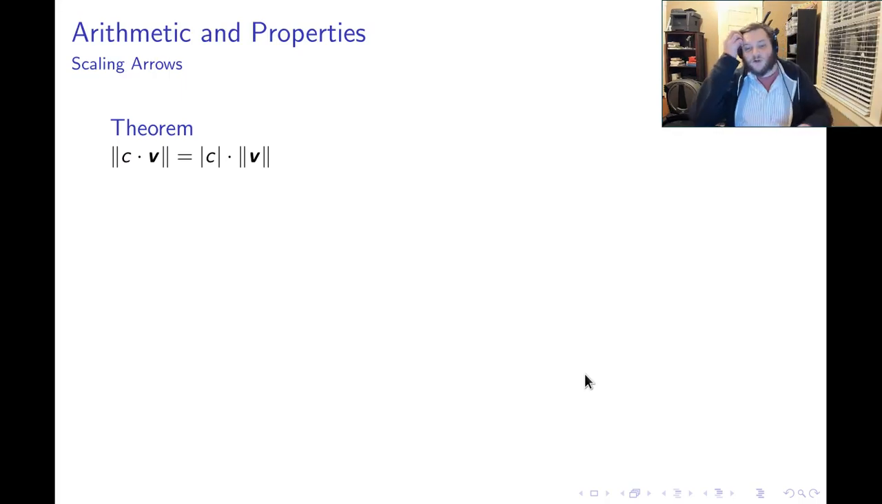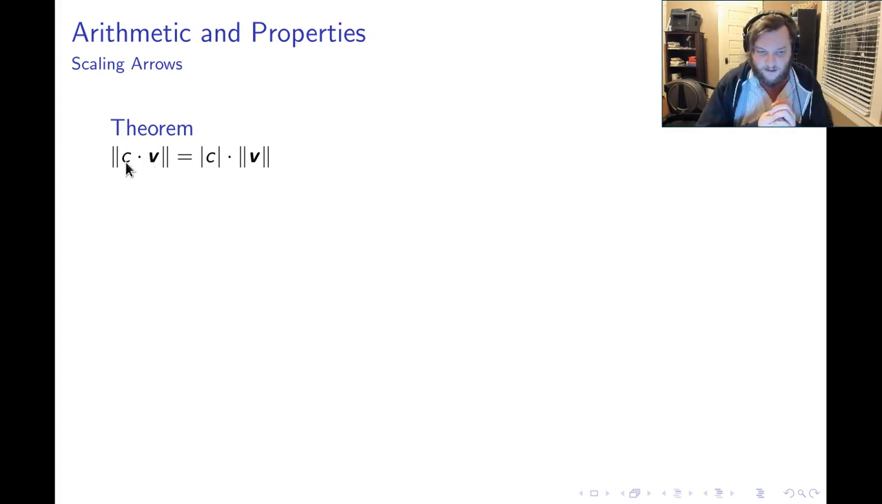So we have our interpretation of vectors as arrows in space. Let's now see how the operations we've developed connect with those geometric ideas. I want to start with a theorem, and this is going to be the first theorem that I prove in this course. And this theorem says that if we scale a vector v by a number c, and then we